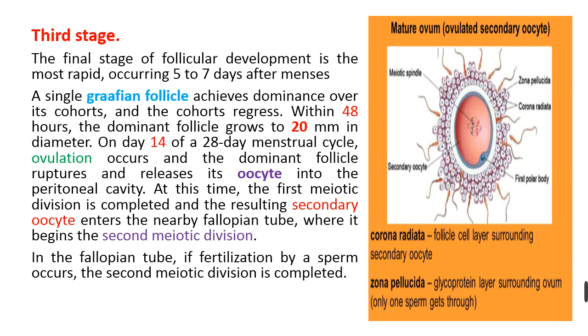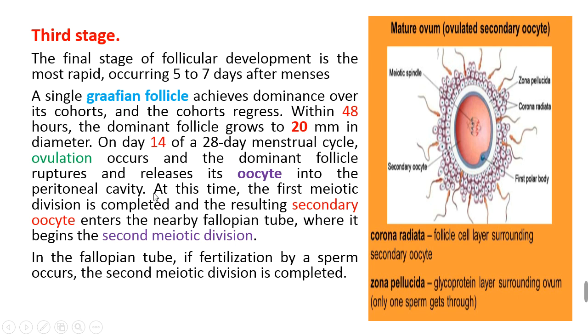The other follicles will regress, and within 48 hours, the dominant follicle will grow to 20 millimeters in diameter. On day 14 of the menstrual cycle, which is called the day of ovulation, ovulation will occur, and the dominant follicle will rupture and release its oocyte